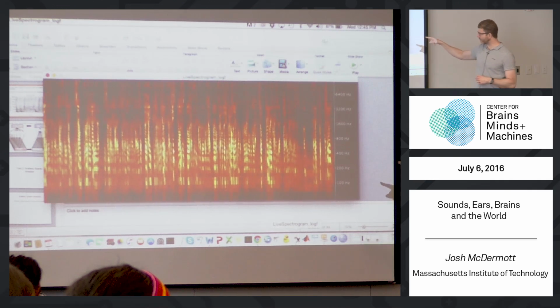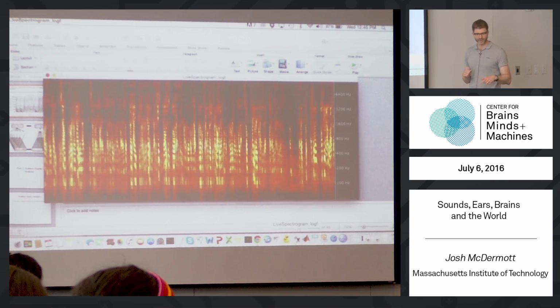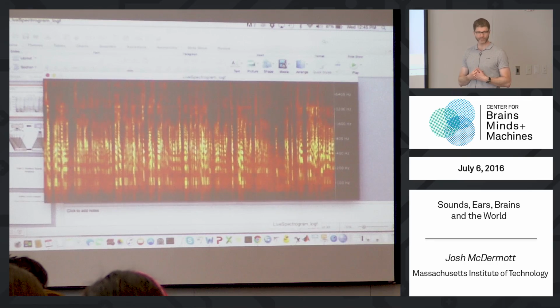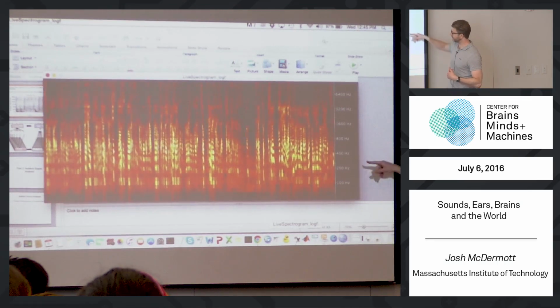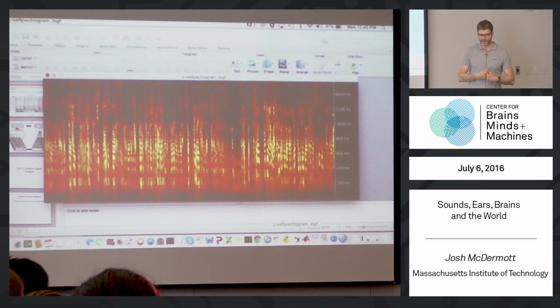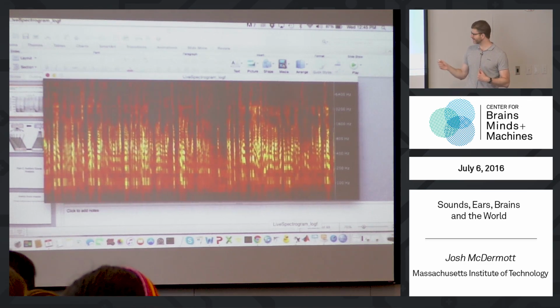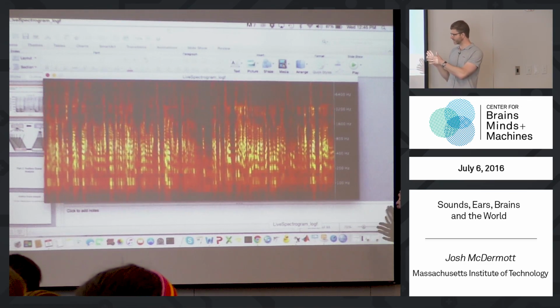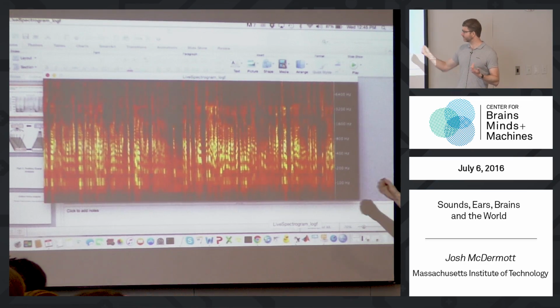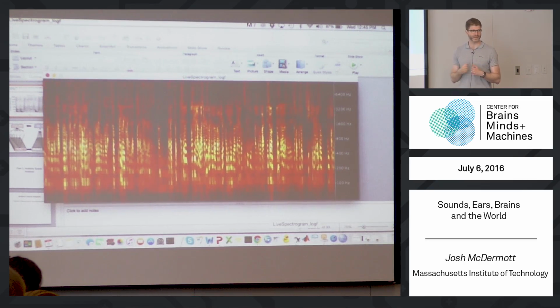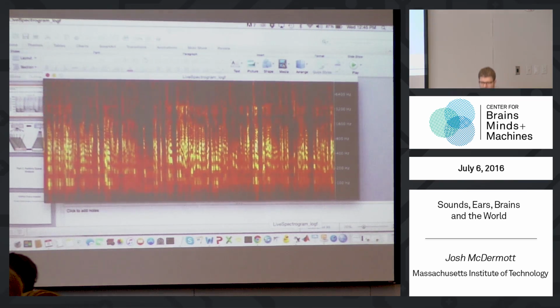What is on the screen right now is a live spectrogram. So the microphone input of my computer is being turned into a spectrogram. So this is frequency, and time is just kind of rolling by. And the only thing that I don't like about this is that it's kind of slow. Speech changes very quickly, and so when you talk, it just looks like kind of a mess. But if instead I sing,